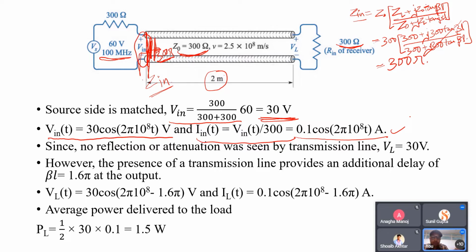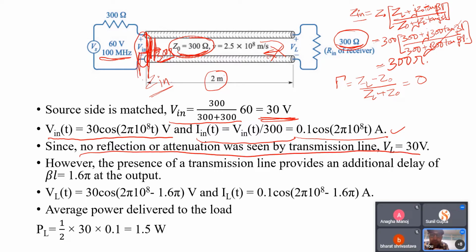Okay, so here you can see that the load impedance is the same as the characteristic impedance of this line. So you can calculate the reflection as ZL minus Z naught over ZL plus Z naught. This will be 0, so there will be no reflection here. In that case, as this is a lossless transmission line and there is no reflection,